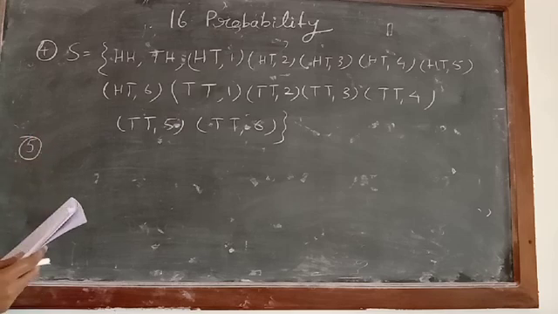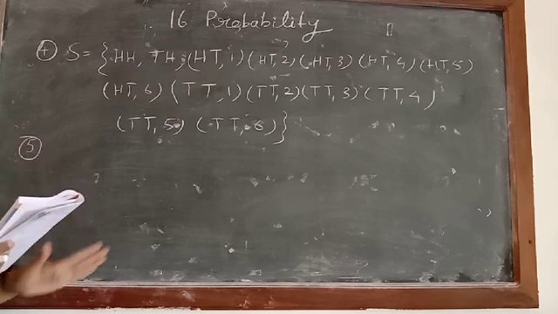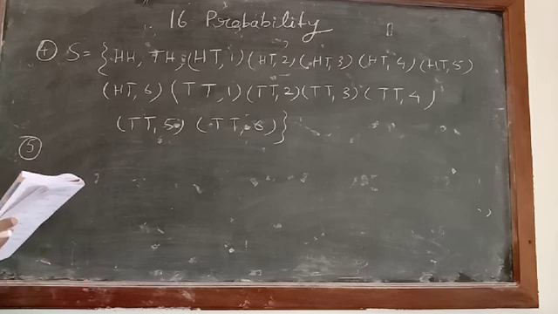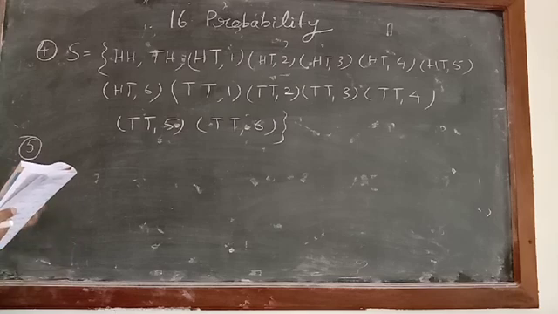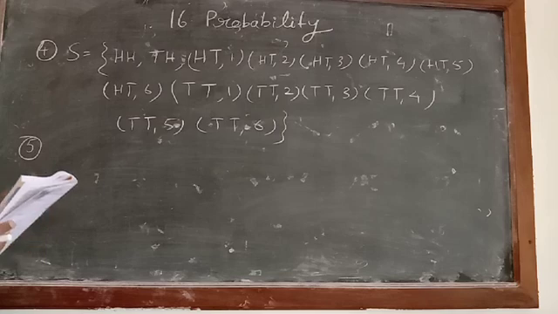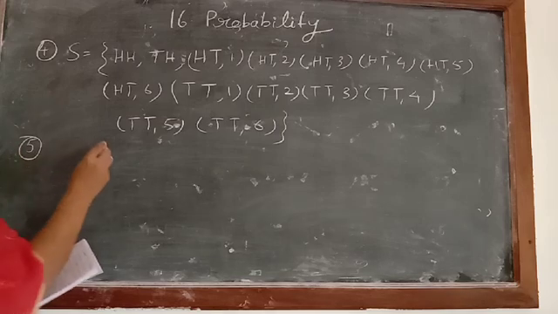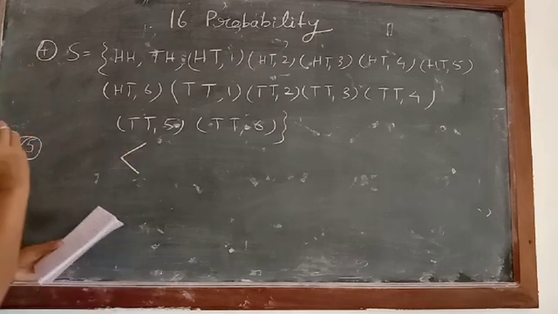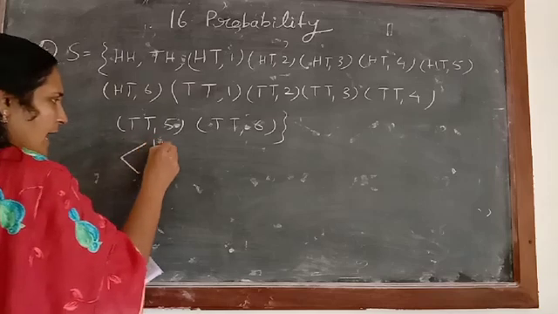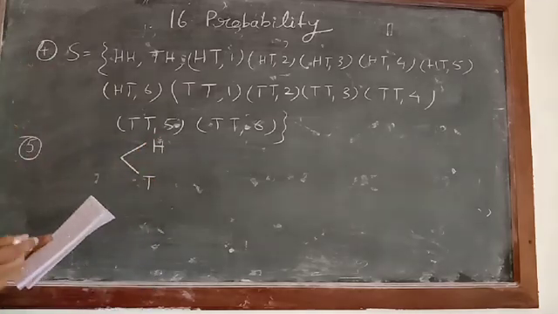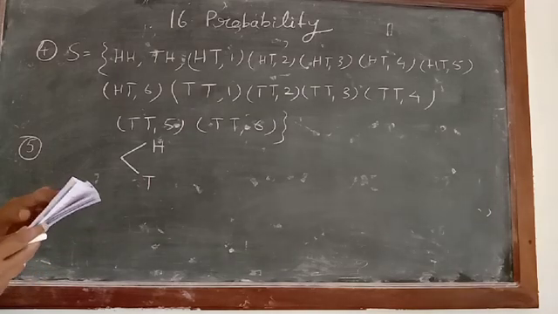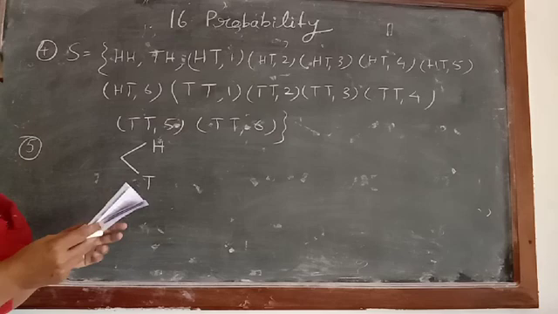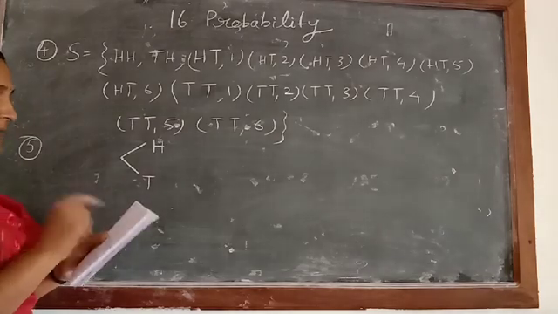In question number 5, it is written a coin is tossed. If it shows a tail, we draw a ball from a box which contains 2 red and 3 black balls. So just to check, a coin is tossed. If you want, you can write down here: a coin is tossed, the possibility is either head will come or tail will come. And then it says if it shows a tail, we have to draw a ball from a box which contains 2 red and 3 black balls.